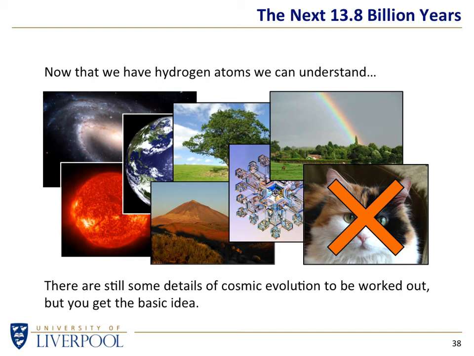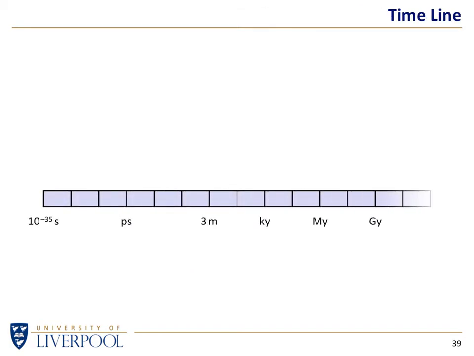and our simulations tell us we would end up with filamentary structure with knots and filaments and voids, and that's what we see in the Hubble Deep Field or these surveys of galaxies. So we think it's right. Let's just remind ourselves of what the timeline was.